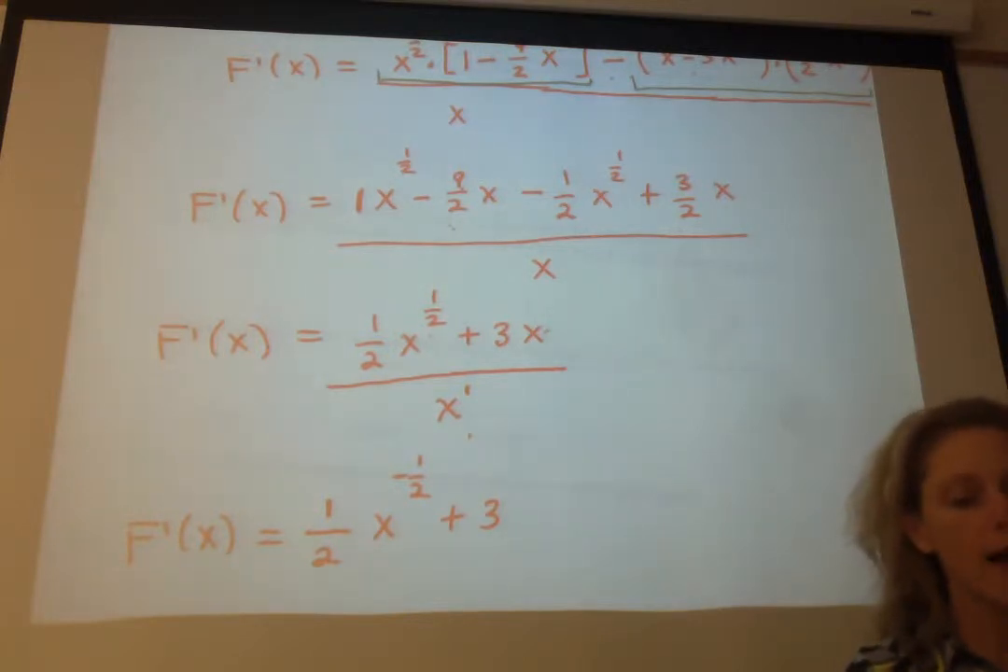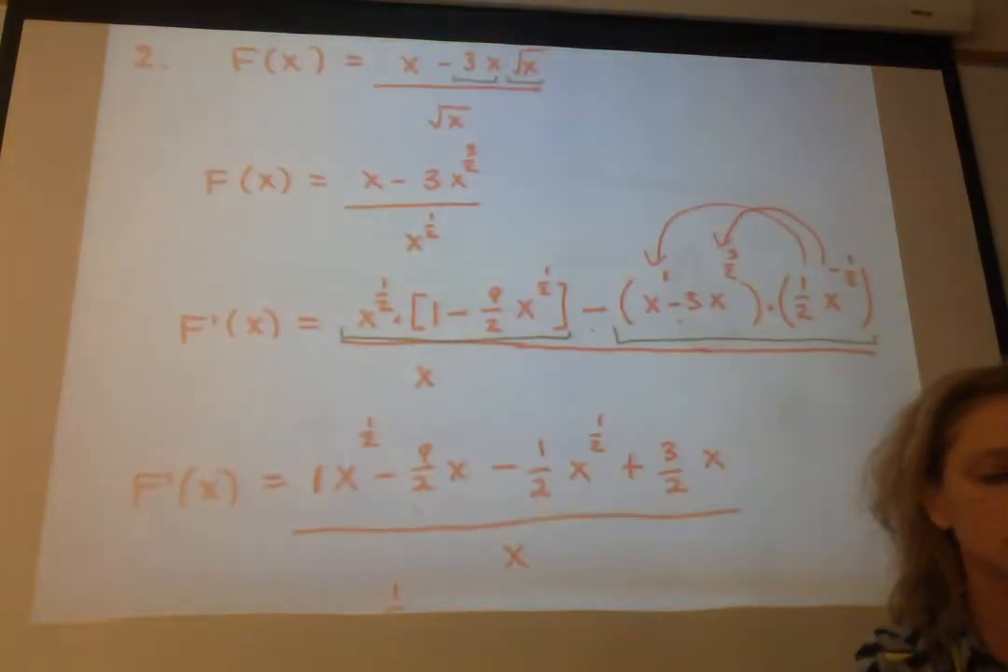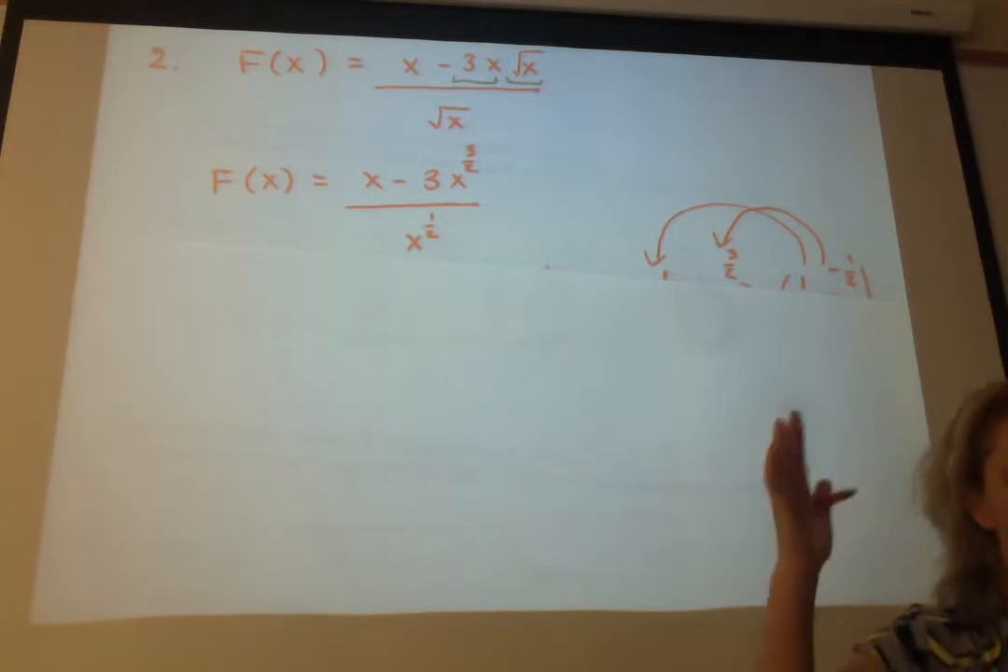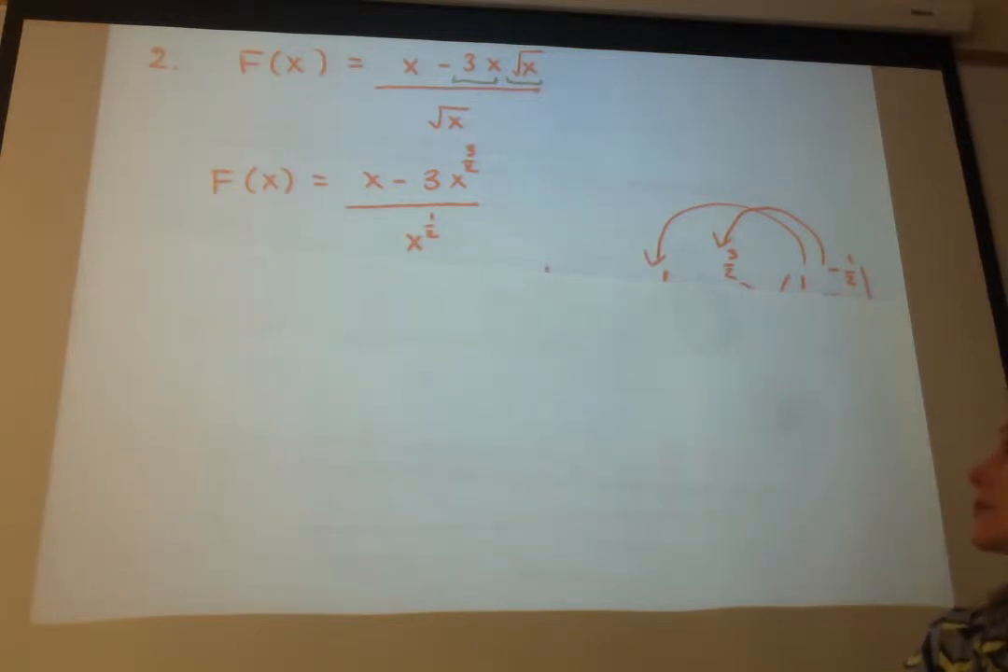Now, if we went back to this original problem, which could I get, Ruby, would you shut the door for me? Sorry, it seems like there's an awful lot of, trying to keep it open because it's so hot in here,